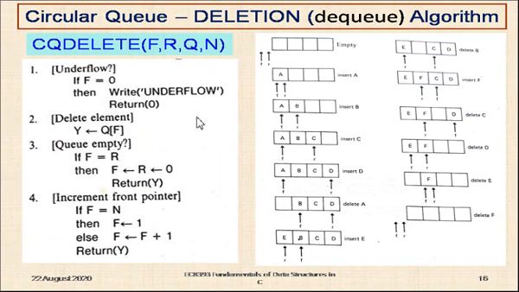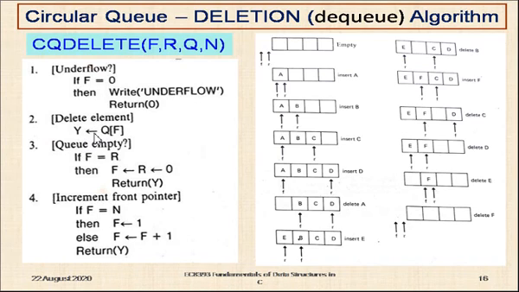Then going to the circular queue delete operation. The same condition we have to check for underflow. Let us take the first example. Q is considered to be empty and f is equal to 0. Condition is satisfied. So it says queue underflow. It will go back to the calling program. Right. You take some other example. Yeah, you take this one. This condition. Now it checks for f is equal to 0. F is 1. R is 4. F is 1. So 1 is not equal to 0. Condition fails. It will go to the next one.